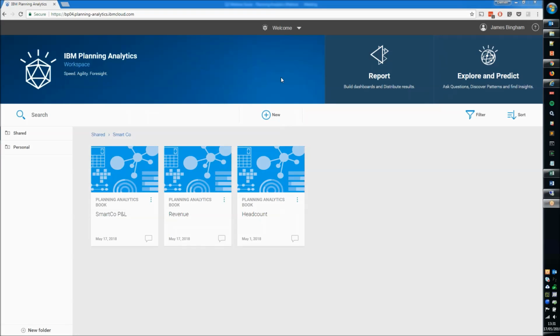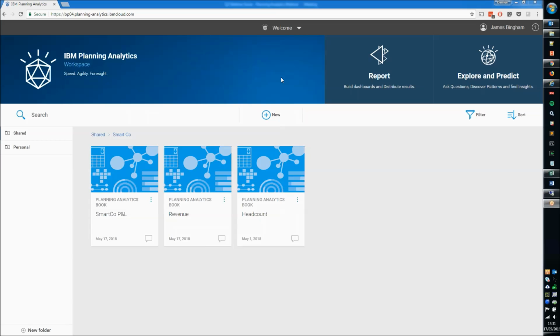Today's software is IBM's Planning Analytics. It's available as a cloud-based or on-premise solution. So today we're going to show you it working through a browser that's connected to a server in the cloud. It's actually in a different country. And then at the end, I'll also show you how you can interact with this using Excel locally on the